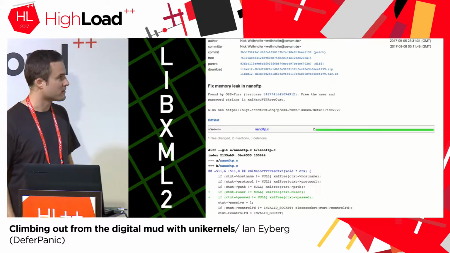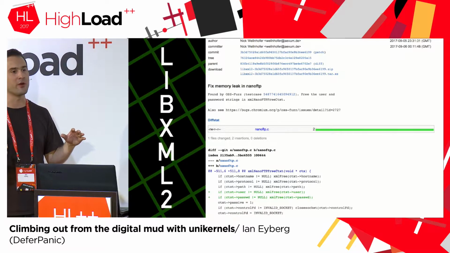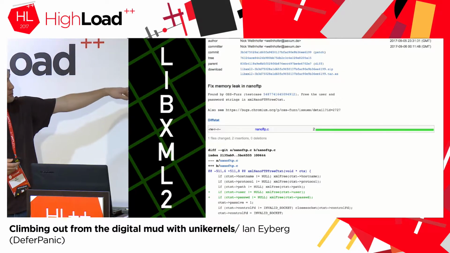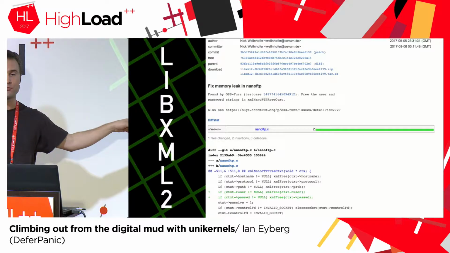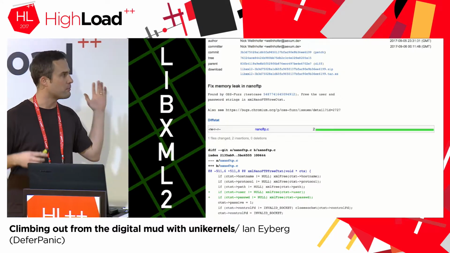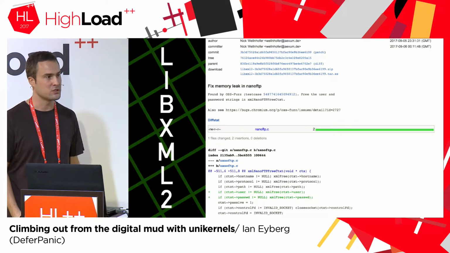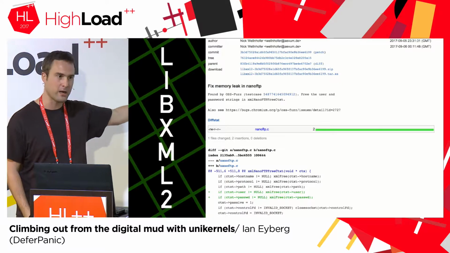To give you an idea of how bad things really are, take libxml2. This is a library that's compiled into pretty much every single interpreted language out there: PHP, Ruby, Python, whatever, and most of the compiled languages as well. Chances are this is on your system right now.